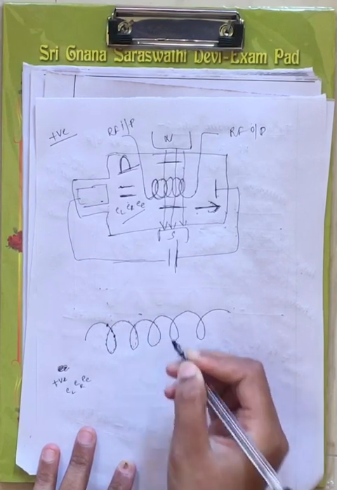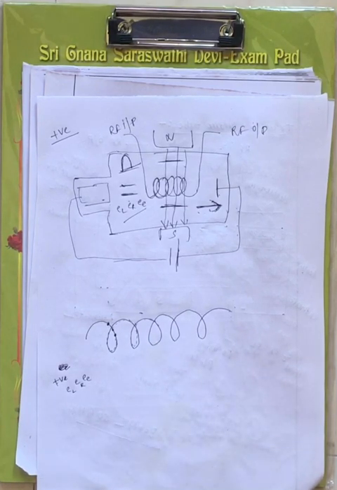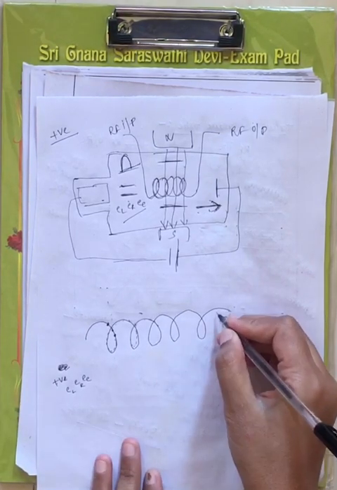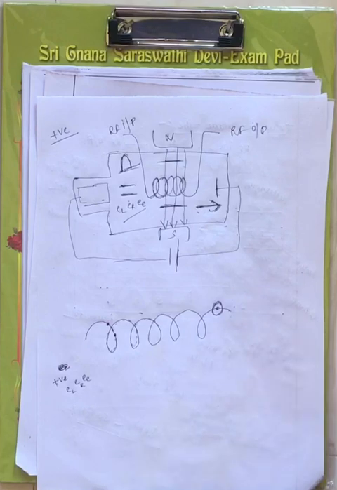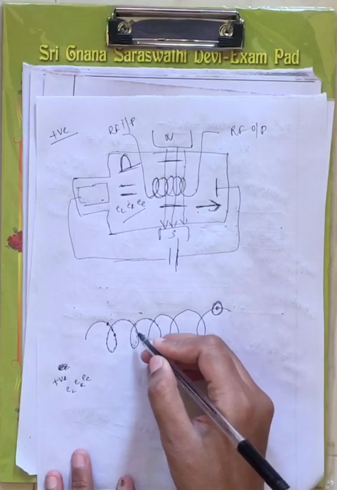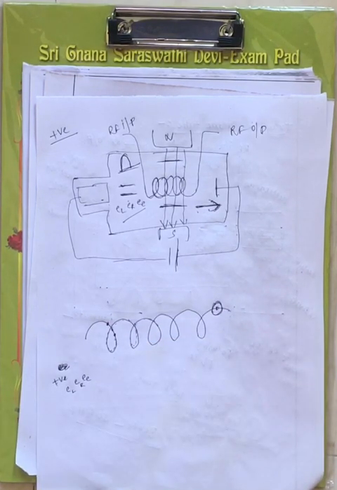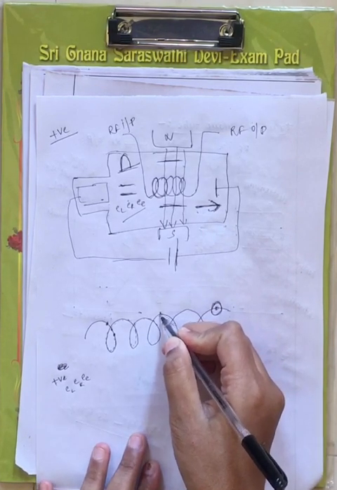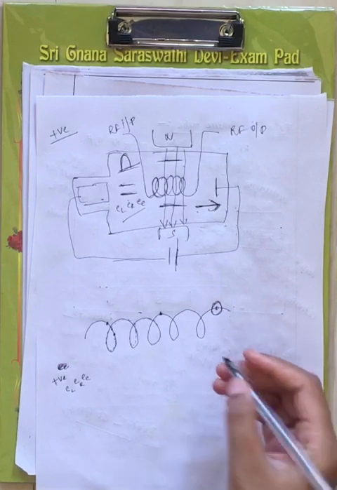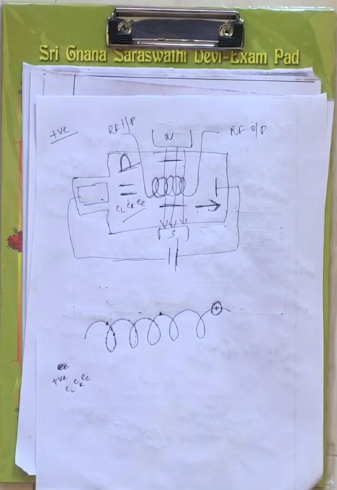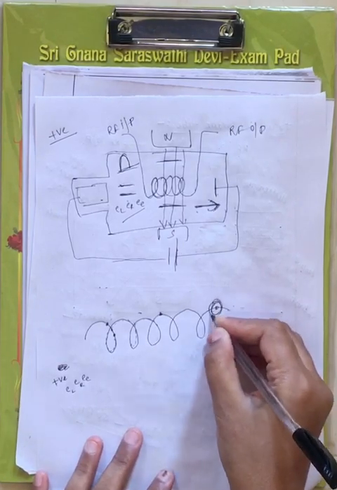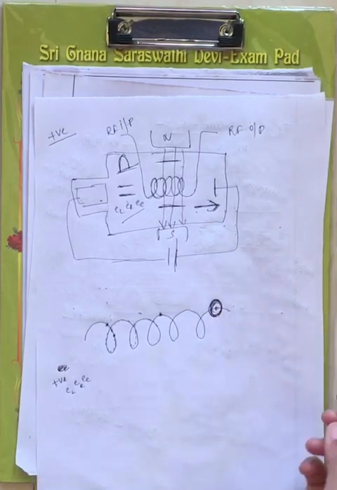As they are traveling along this slow wave structure, their velocity will vary, and at last they will be collected as a bunch. As they travel through this structure, it contains a helical structure. If it is here, its velocity is somewhat less. It depends; the velocity will vary as they travel through this structure, and they are collected as an electron bunch.